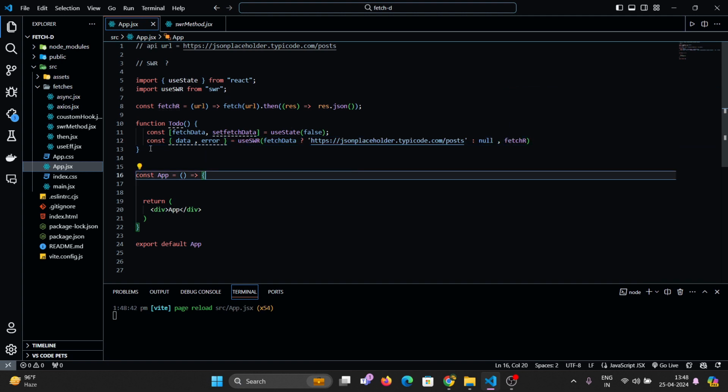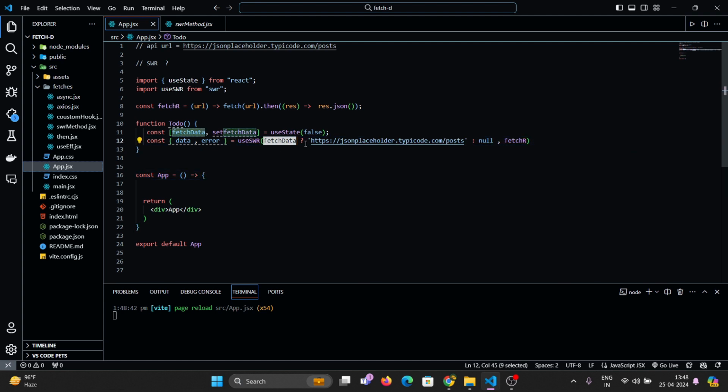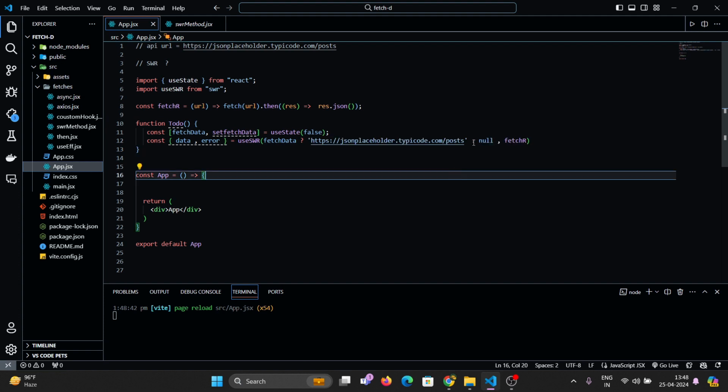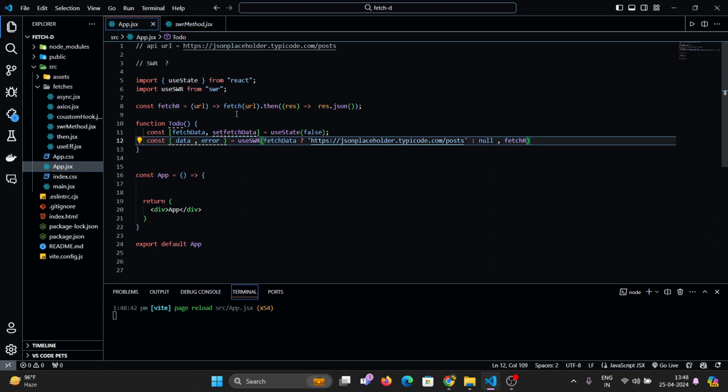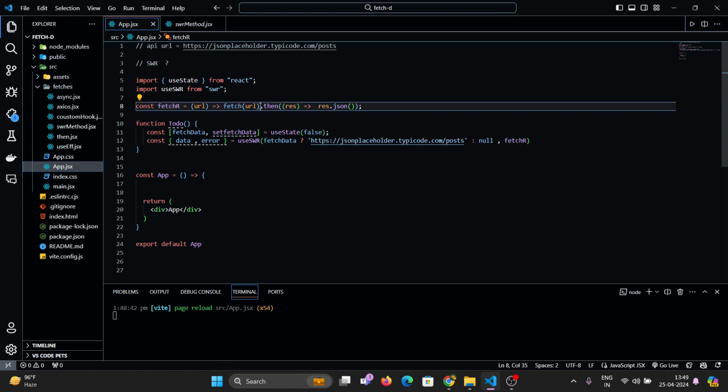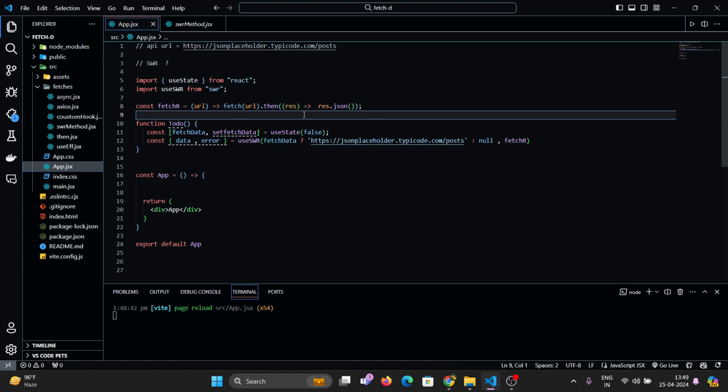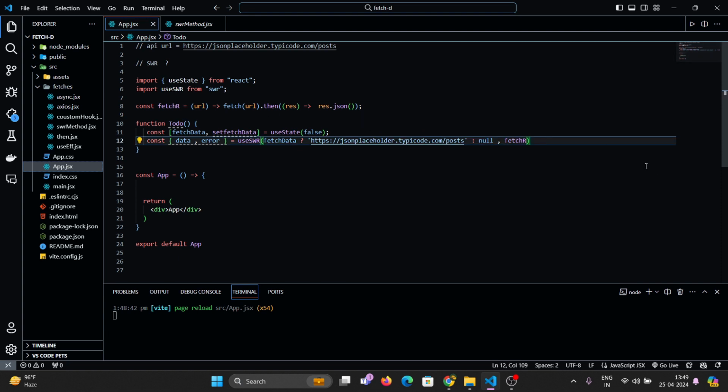Typically it's just a simple fetch. If it is true, then it calls this URL, otherwise it calls the null value. And as an input parameter, fetcher. Fetcher takes a URL, fetches the URL, returns the response and converts it to JSON.